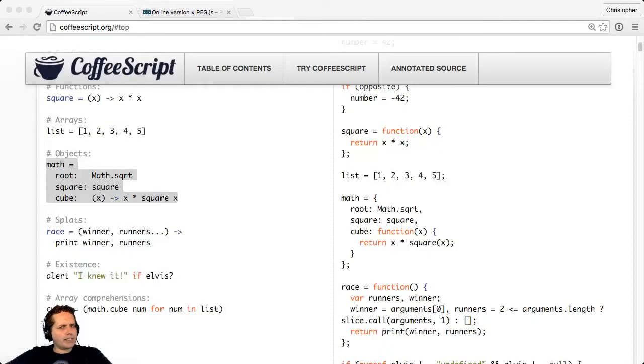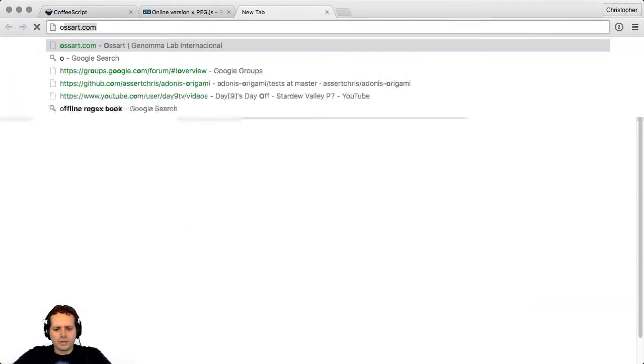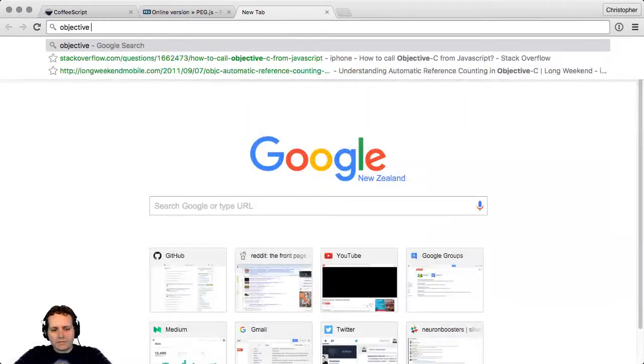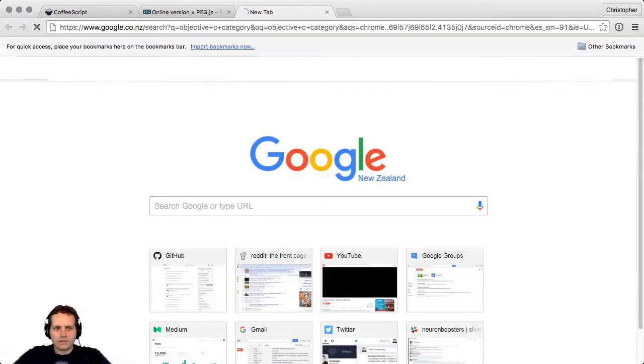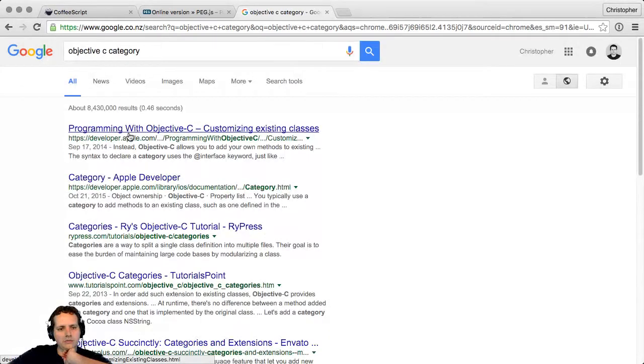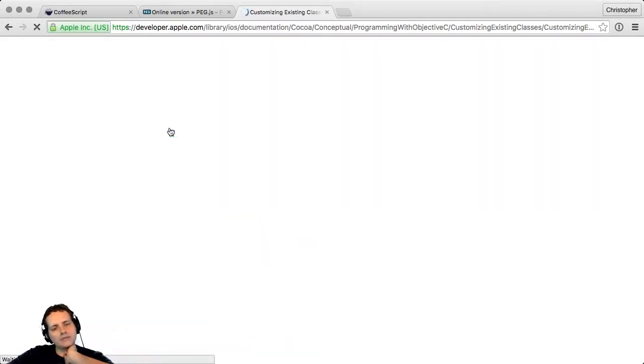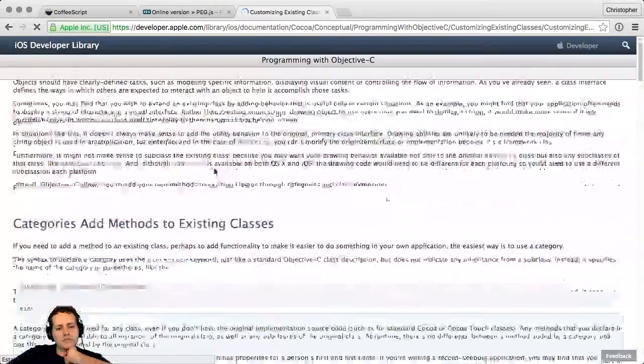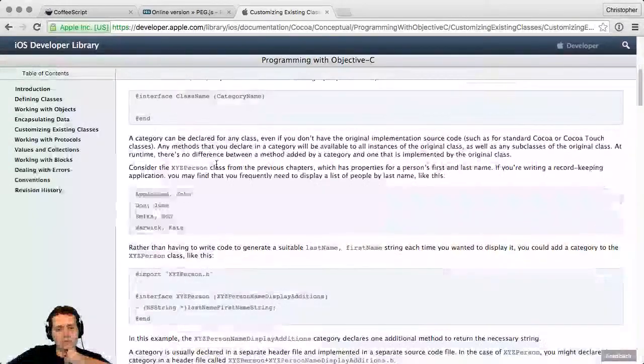Objective-C has a similar idea to what I'm trying to get with traits. Is it called category? It's been so long since I've written Objective-C, I don't remember. Customizing existing classes. So this is monkey patching, to be sure.